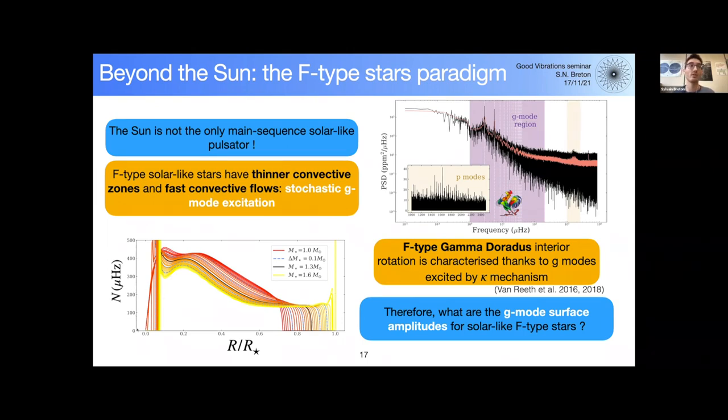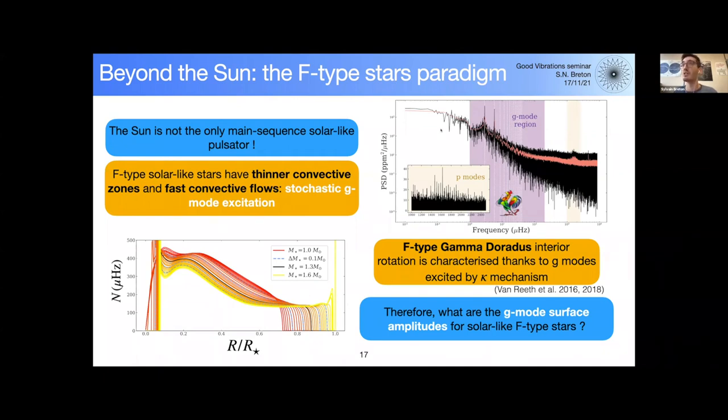convective zone. Here, I represented the Brunt-Väisälä frequency for several MESA models, and you can see, the red one here is a one solar mass stellar model. If you are below the Brunt-Väisälä frequency in the cavity, you are able to have gravity waves that are propagating. If they are above this threshold, they are evanescent. You can see that if you go towards higher mass, you have the appearance of a convective core, and the relative width of your convective zone decreases.